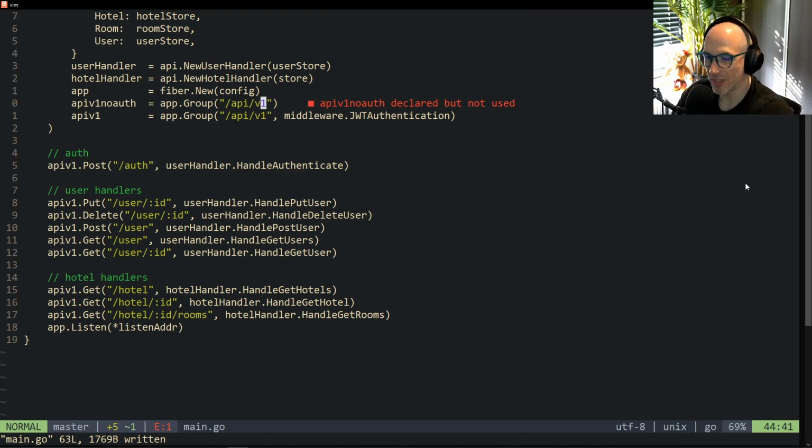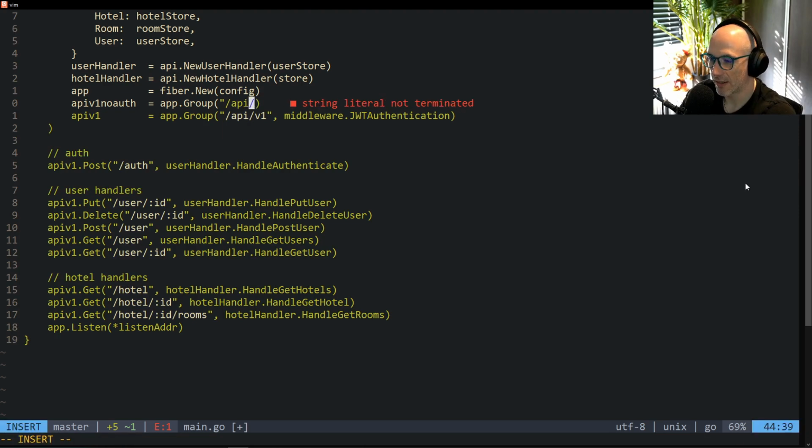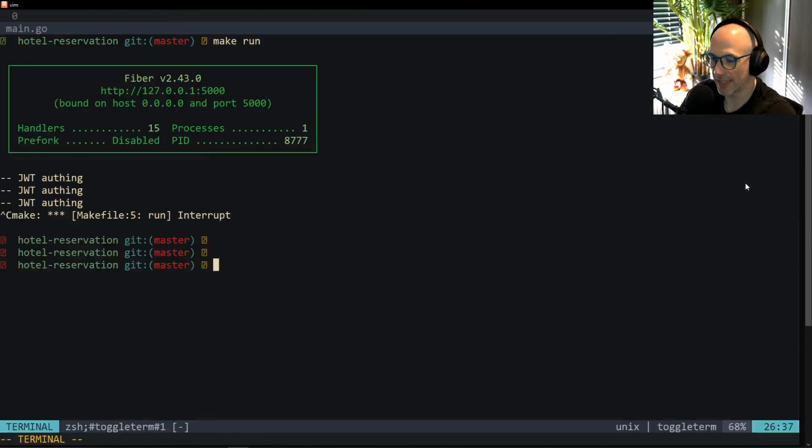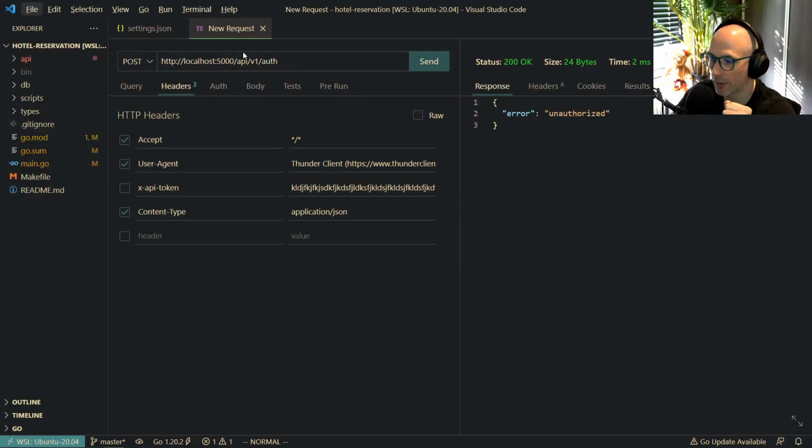Maybe this authenticate will never change. Actually, do we need to wrap this in an API? We could do this like that, right? So we could say out, to be honest, let's do it like that. out.post /out handle authenticate. That could be a thing, make run. I hope this makes sense. You could play around with it, it doesn't really matter how it looks. So instead of making API, you could show API out, because